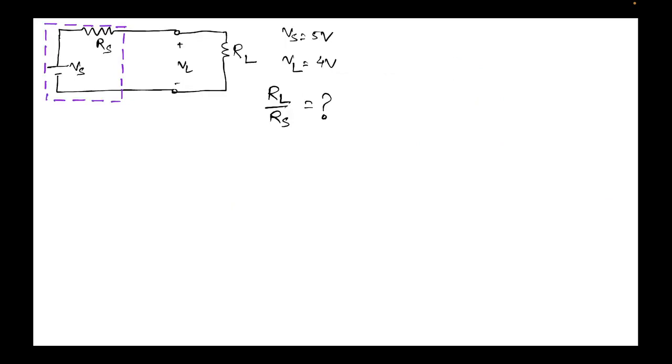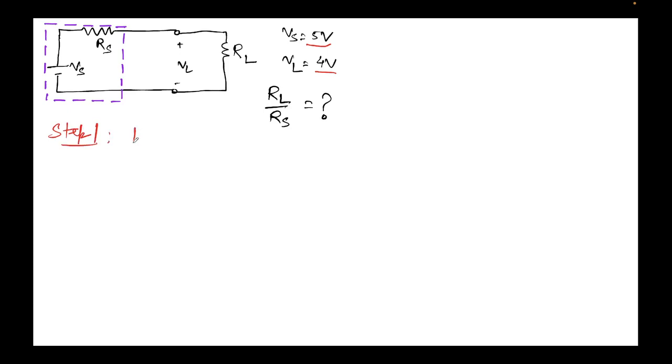Let's come back to our problem which we were trying to solve. Inside the purple box, we have a practical voltage source with open load voltage Vs of 5 volts and an internal resistance Rs. When we applied a load RL, we were given that we read a voltage of 4 volts across the load. We were required to find the ratio of RL over Rs. As a step 1,